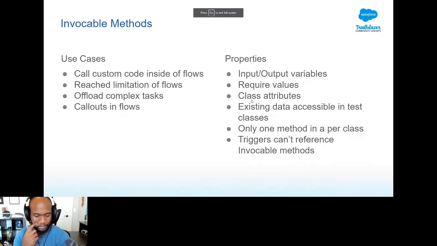The next thing I want to talk about is invocable methods, one of my absolute favorite ways of doing things of Domino. And ideally, they're just exposing code inside of flows. So these are, there's many different use cases. A lot of the ones that I use is maybe you want to,